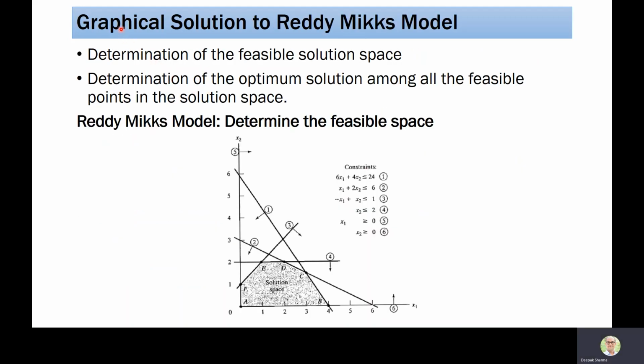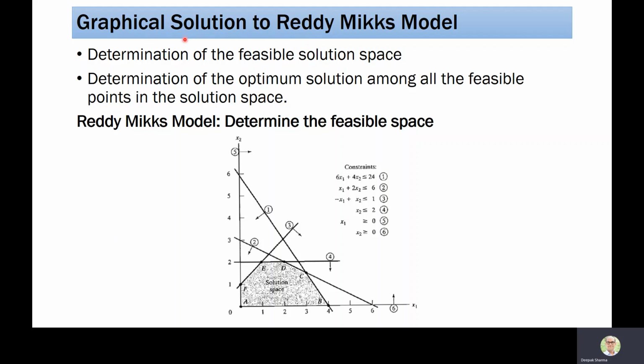Now, I'm going to discuss the very basic technique or method to find a solution for the given LP problem. That method is called the graphical solution. As we can understand, any problem having two variables can be solved using the graphical method. And we know that the ready mix problem is made of two variables.